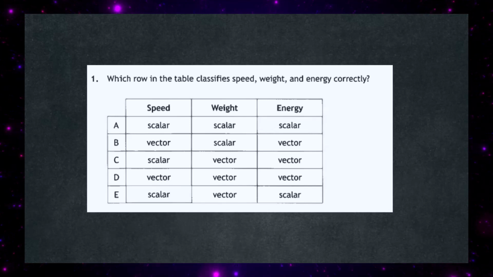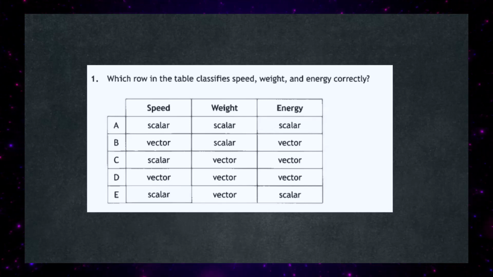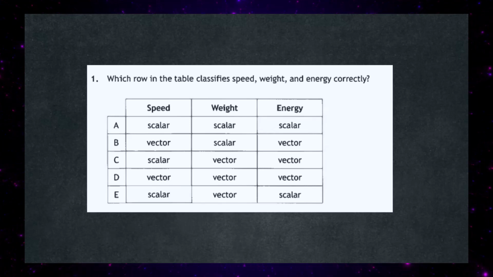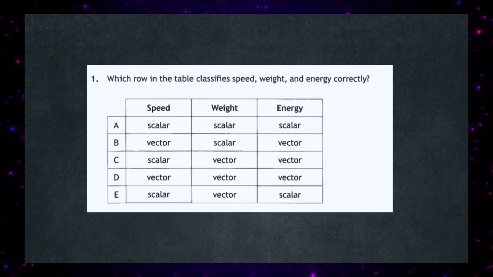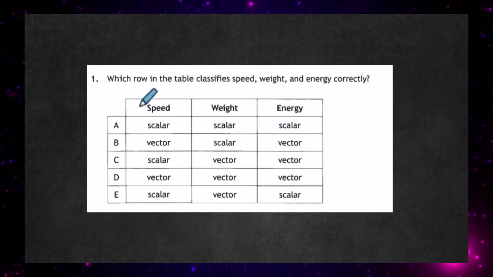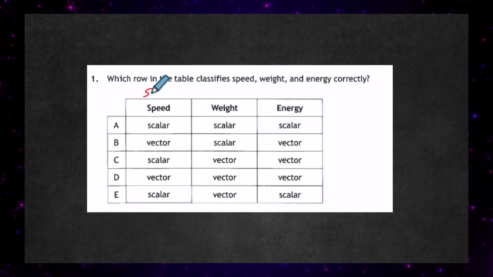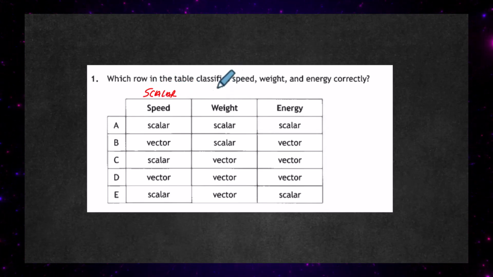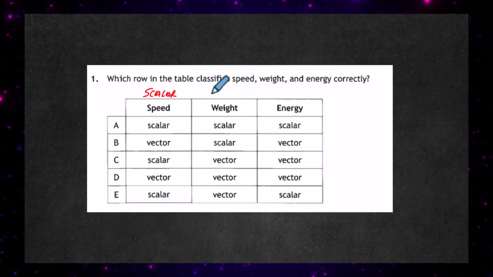Question 1 from the 2024 National 5 Physics Examination from the SQA. Which row in the table classifies speed, weight and energy correctly? Well, we know that speed has got to be a scalar quantity. We mark that there. Weight is a force basically, so it's going to be a vector, because all forces are